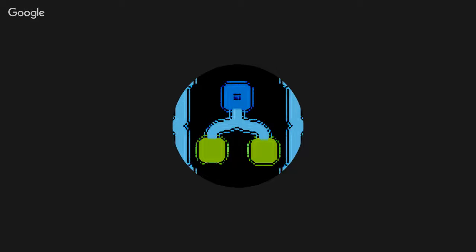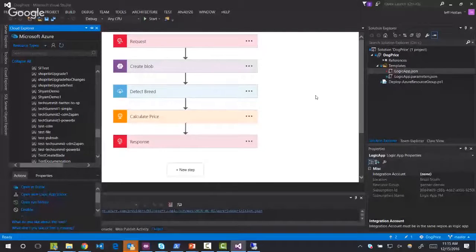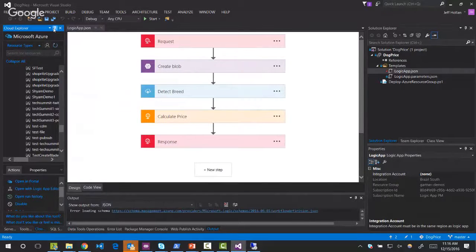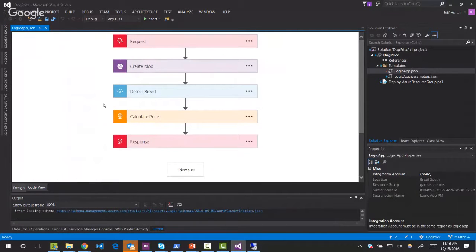So let me go ahead and share my screen again, and we get that awesome transition again of watching my screen go into infinity. And let's talk about the Visual Studio tools that are now available, some of the updates that came. Before we've had, I don't need this pinned, I just don't need it shown. Before we've had this